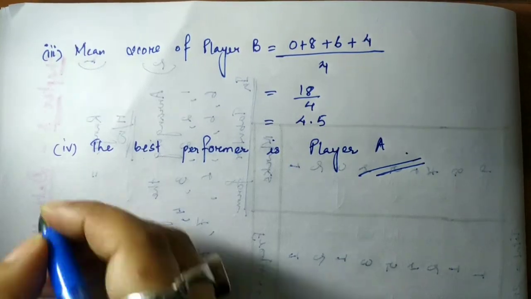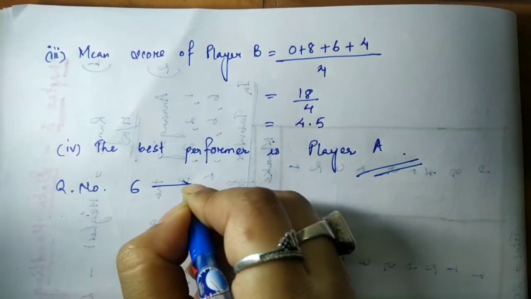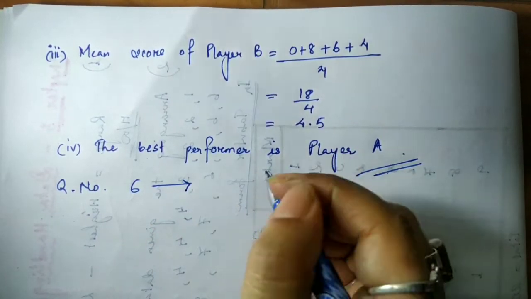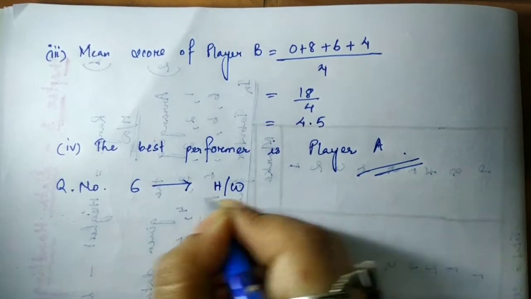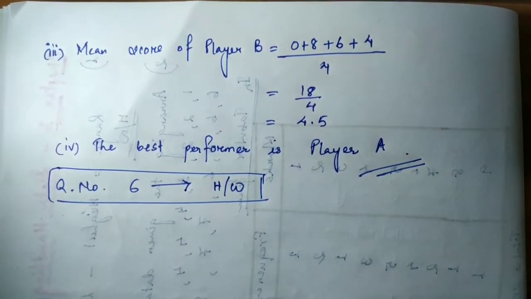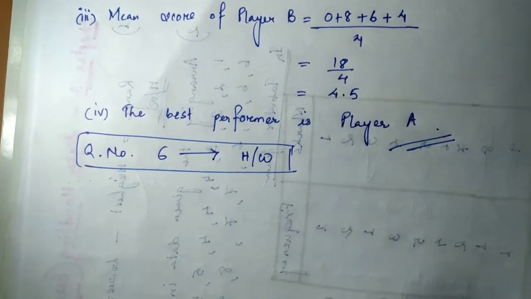Now question number 6. In the same way, find the highest mark and the lowest mark from the list of the marks given. Range, all of you know, is the highest score minus the lowest score, then you can find the mean by this. So question number 6 will be your homework. Okay, so we'll continue with question number 7 now. Let's do question number 7.